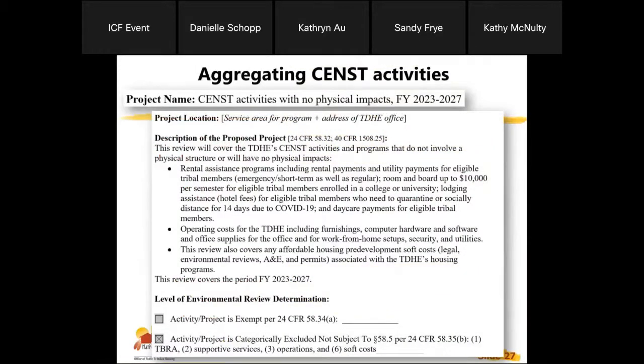And then the level of review determination would be CENST, and then numbers 1, 2, 3, and 6. So you can put all your CENST, or you can put half of your CENST activities together. And then once you get a good handle on how to do that, then the next level of doing this,